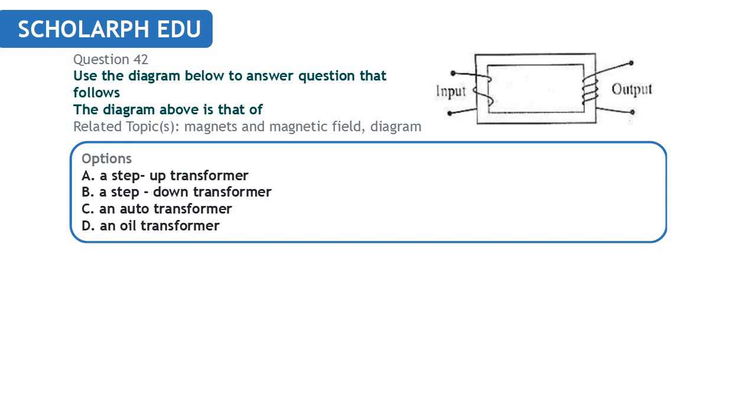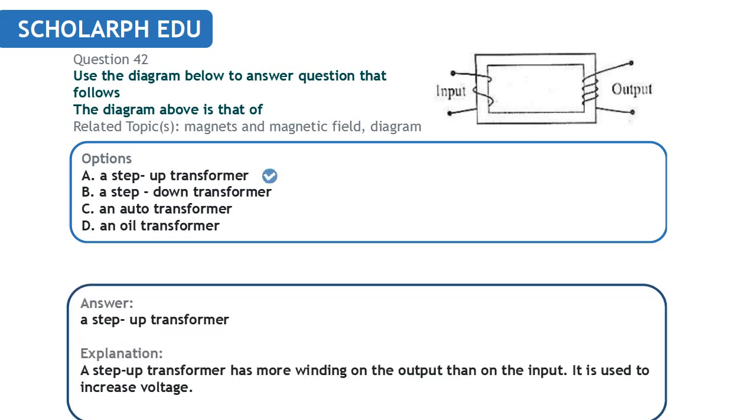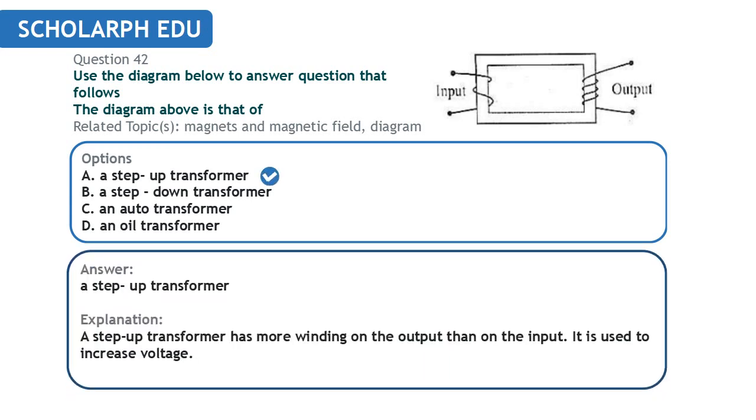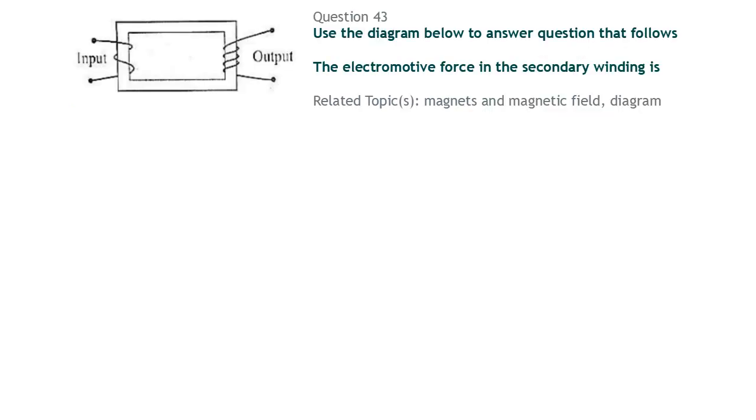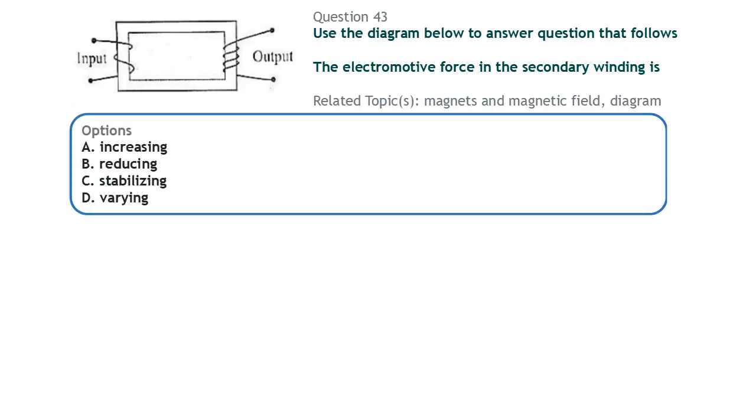If the output is greater than the input, then this means this is a step up transformer. If the input is greater than the output, then that's a step down transformer. But apparently from here, the windings on the output is greater than you have on the input, so this is a step up transformer. Alright, using the same diagram, the electromotive force in the secondary winding, that is on this output side, is